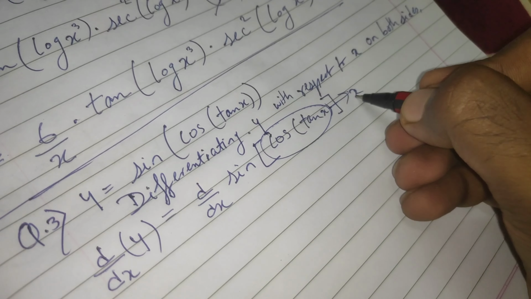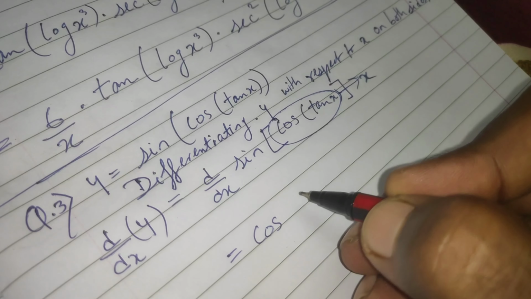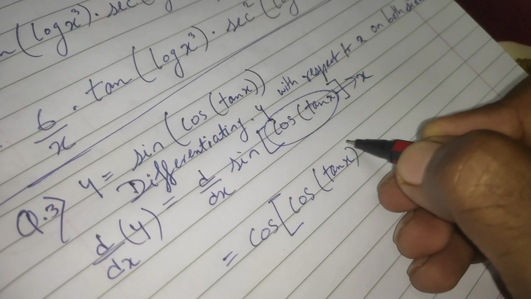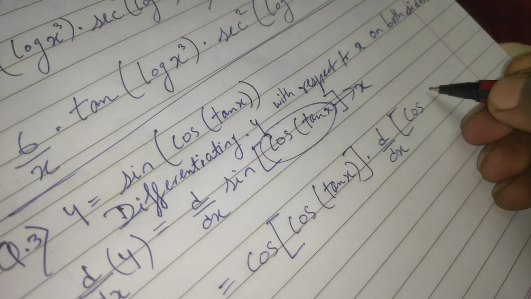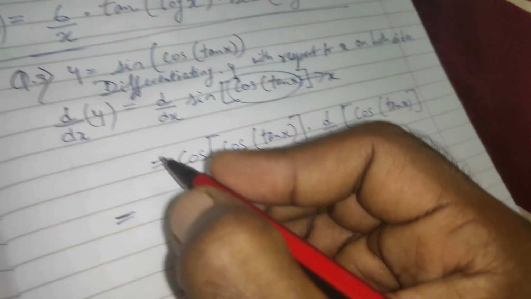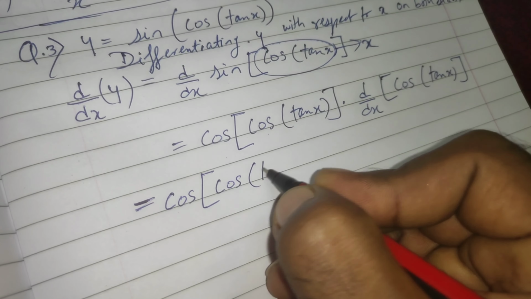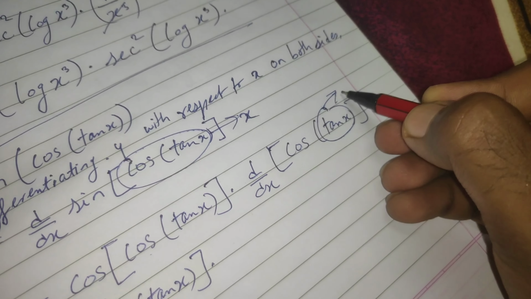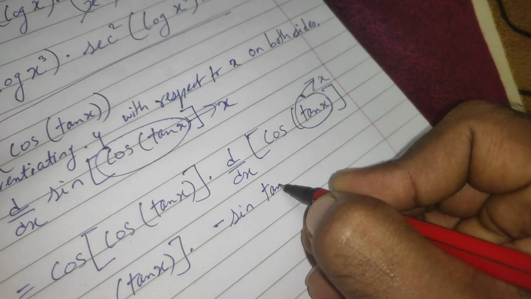So here derivative of sine x is cos x. I am considering this whole term as x, so write that whole term, cos tan x, into which we have considered x is the derivative of this whole term cos bracket tan x. Okay, so now in the next step write the first thing as it is, cos bracket cos bracket tan x, into this derivative of cos, consider this as x. Now derivative of cos x is minus sine x, put this x as tan x bracket,